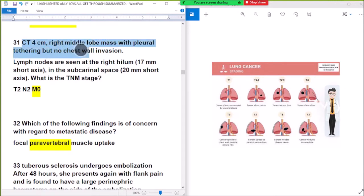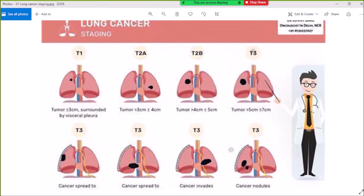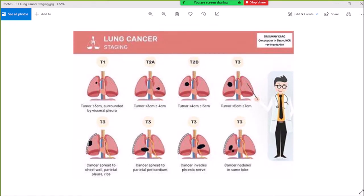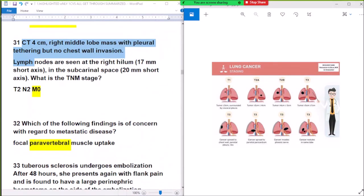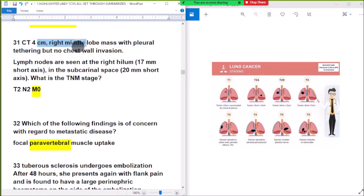Question number 31. CT scan shows a 4 cm right middle lobe mass with pleural tethering with no chest wall invasion. This is lung cancer staging. We have read this before. Remember that T1 is less than 3 cm, T2 is 3 to 5 cm, and T3 is greater than 5 cm, or 5 to 7 cm. T4 will be invasion. So a 4 cm right middle lobe mass will be T2,